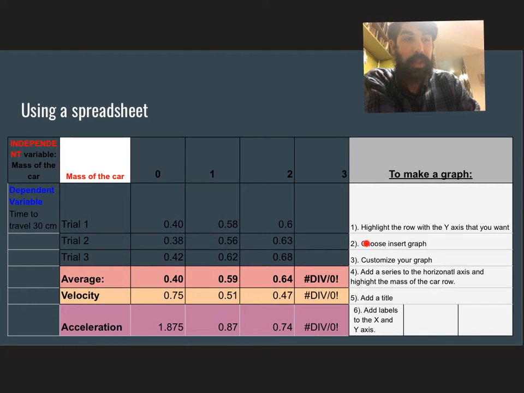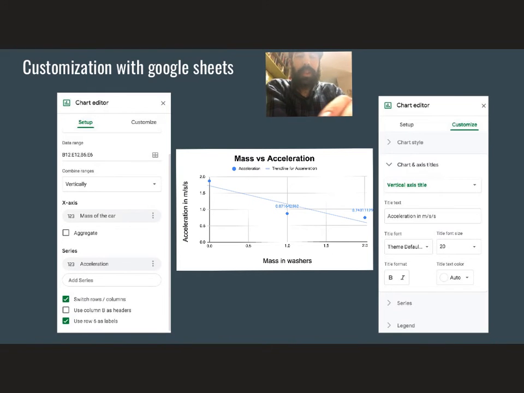Then I'm going to choose Insert Graph. Then I will customize my graph and add in my x-axis. The next slide, you'll see how to do that. So here are your customization buttons. This is your chart editor, and you can choose either the Setup section or the Customize section. Start here with Setup. After you make your chart,